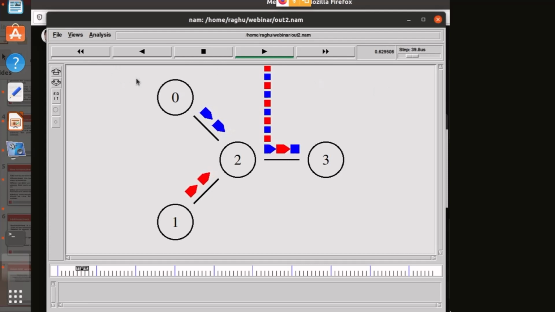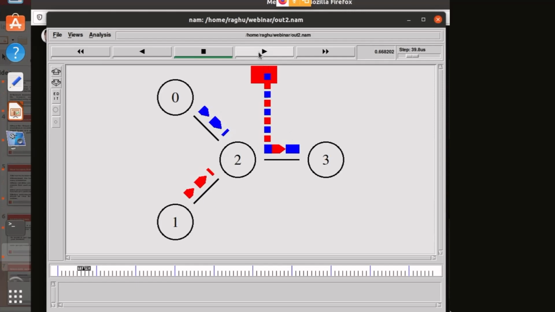So every 5 millisecond node 0 will be generating a packet and transmitting to 2, and node 1 will be generating a packet and transmitting to 2. Now what will happen? The queue is building. From node 0 to 2, a packet is generated every 5 millisecond. Similar for node 1 to 2.